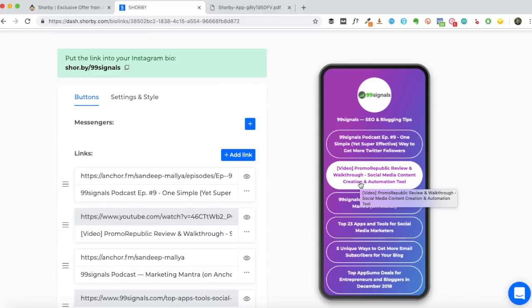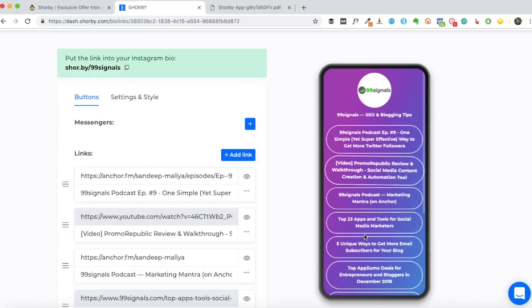So this is a really cool feature, because when you're giving so many choices to your Instagram followers, then they would definitely want to know where to go. So it can be really useful to highlight the link that you are planning to promote and the link where you would like your Instagram users to visit. So this is a really cool feature. Let me just get back to highlighting the podcast episode.